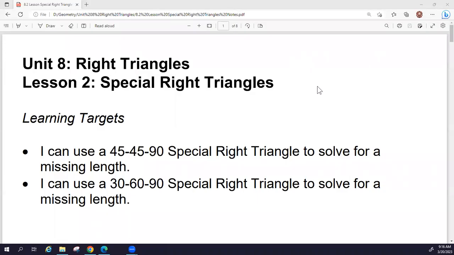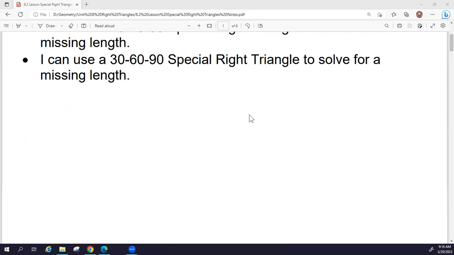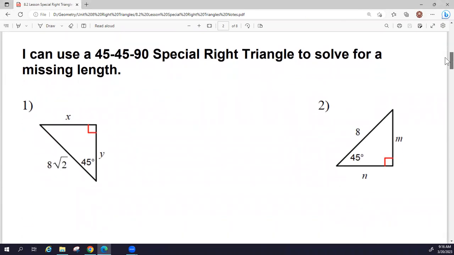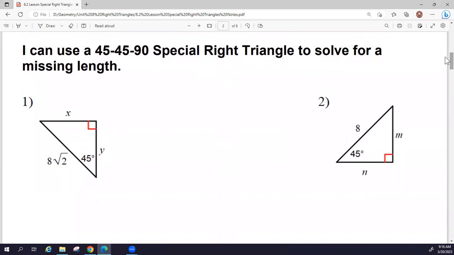Hey, all, today we are going to talk more about right triangles, and this time we are going to talk about some special right triangles. So there are two of them. The first type of right triangle that we consider a special right triangle is a right triangle that has two